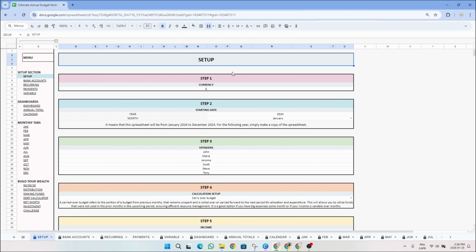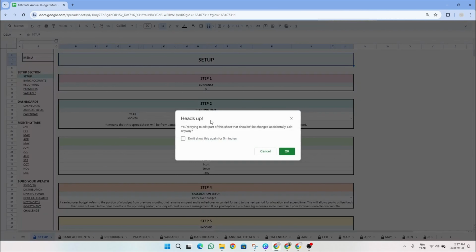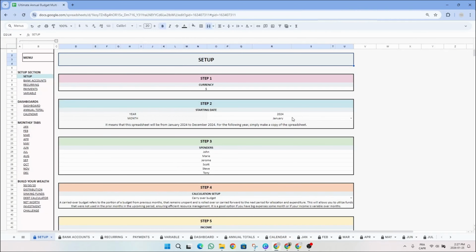First thing, we protect most of the cells where there are formulas to make sure that you don't erase any important formulas that could impact the spreadsheet. So if you see this message, it means you are not supposed to touch this specific cell, but don't worry, I will show you step by step how to prepare your spreadsheet. If by mistake you touch a cell with a formula and see this message, simply click on the X and